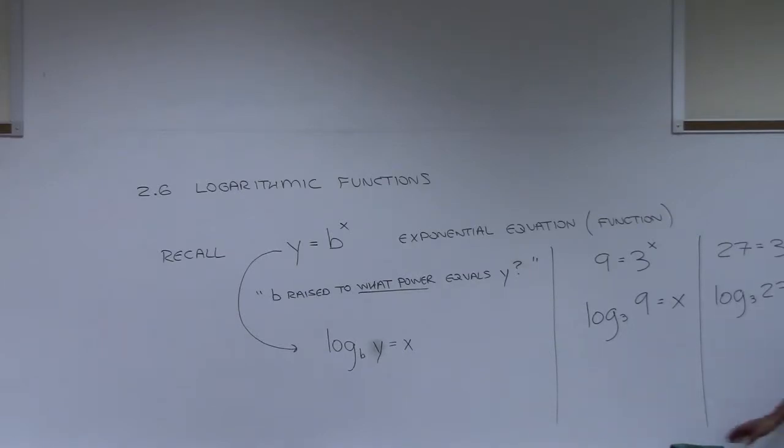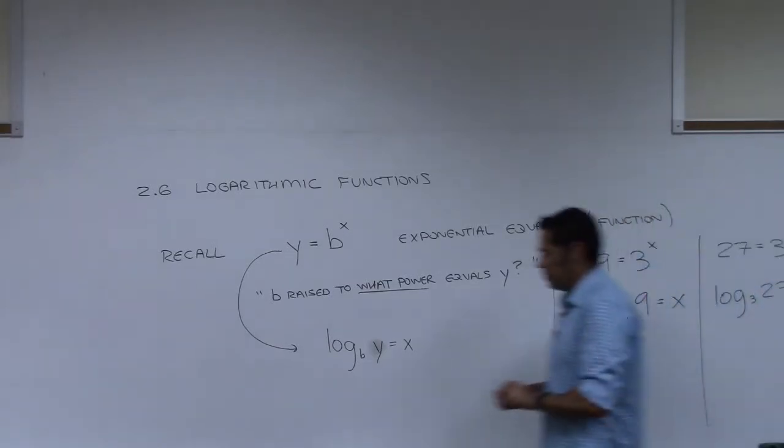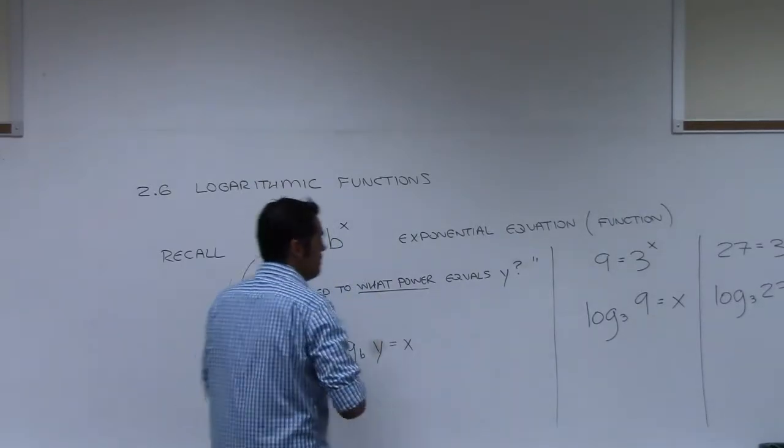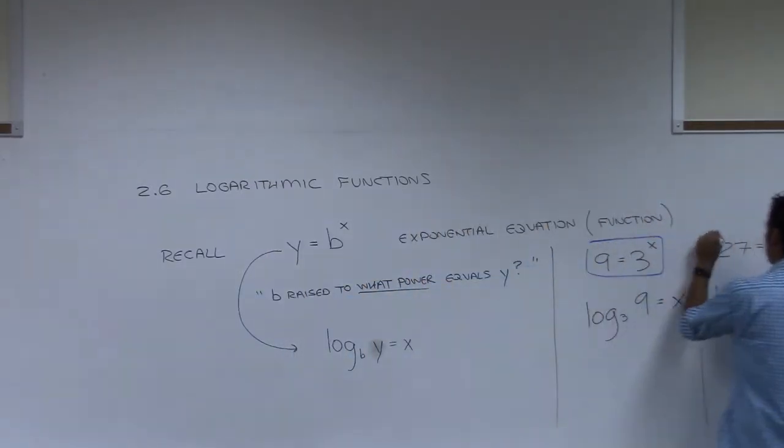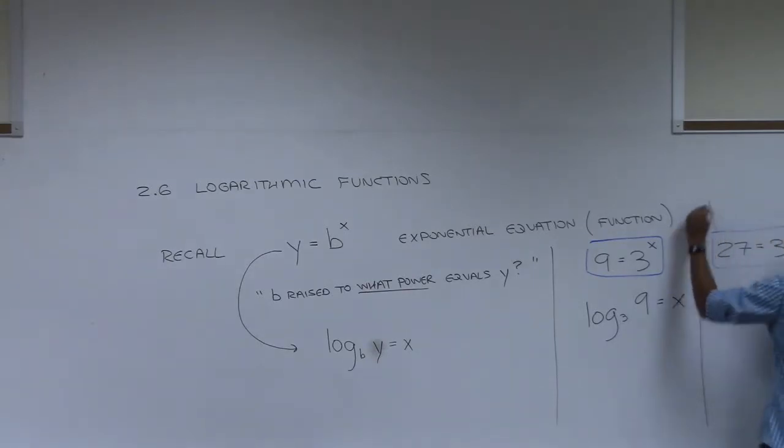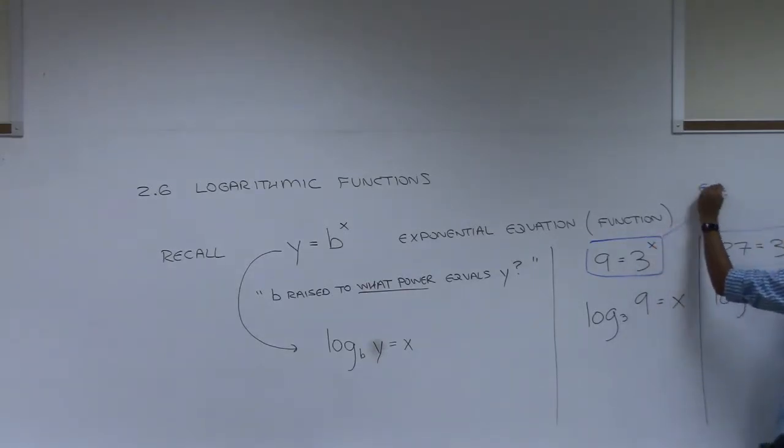So this logarithm idea is just a different way of writing something we already have been writing. That's all it is. So we have this equation here and this equation here are what we call the exponential form